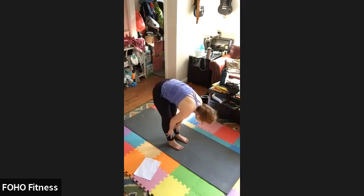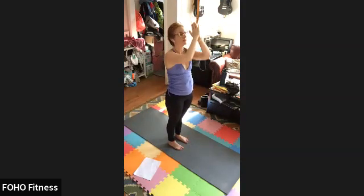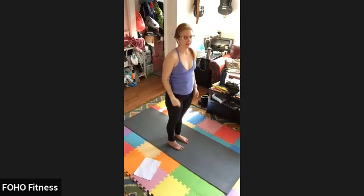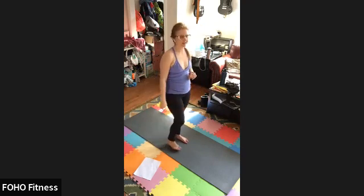Inhale, flat back. Exhale, fold. Inhale, reverse swan dive. Exhale, palms to heart center. Let's work on our balance. So we're gonna do one that's a super challenge for me. Don't judge. We're gonna do our dancer pose. You can always go to a chair or a wall or some other support if you need a little help